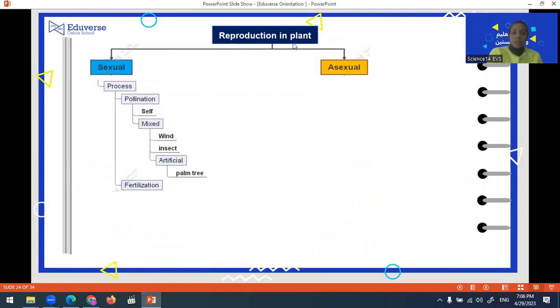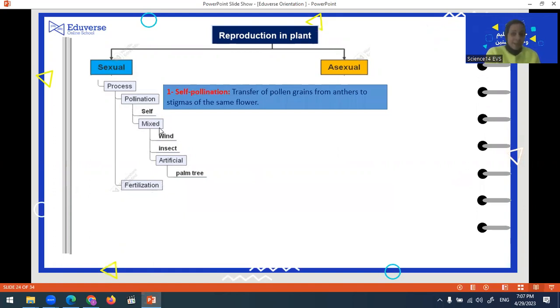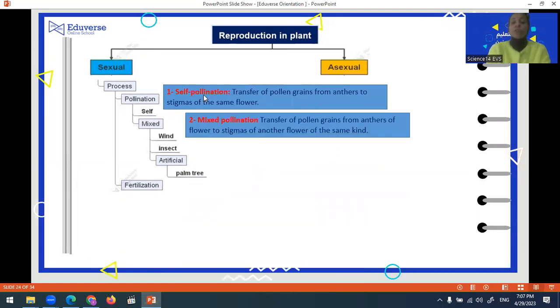As we said, for reproduction in plants, we have 2 ways, sexual or asexual. Let's complete sexual first. To complete sexual reproduction, two processes must be finished: first pollination and then fertilization. For pollination, we have 2 types: mixed pollination or self-pollination. Let's talk first about self-pollination, which is the transfer of the pollen grain from the anther to the stigma